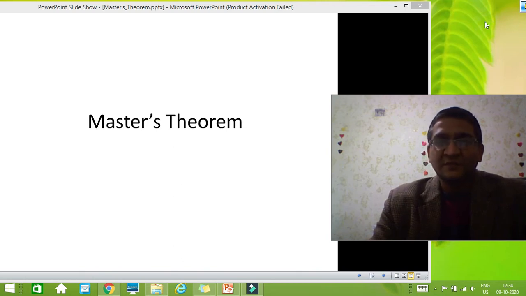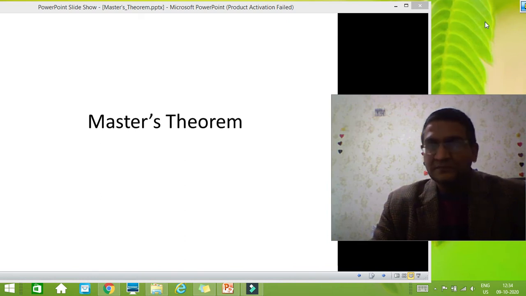So basically this is proposed to apply to recurrence relations of this dividing nature, but we can see that it can be equally applied to subtracting functions as well. When we talk of recursive nature, the function needs to decrease or divide. It needs to reduce. If we start with n, it has to reduce by n by 2, n by 4, or it has to reduce by some constant value: n minus 1, n minus 2, n minus 3. So we have two different formats of reducing the size of n. We'll see one by one how Master's theorem is applicable in both scenarios.